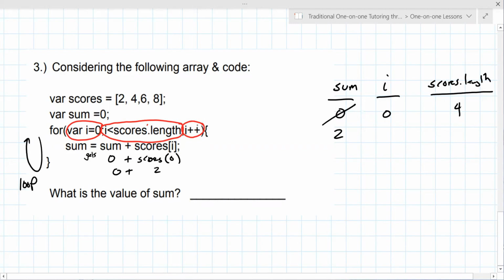Then you increment I. So I plus plus means I goes up by 1. And then you repeat. So you don't do this anymore. You check, is I less than 4? Is 1 less than 4? Yes. Okay. So now your sum